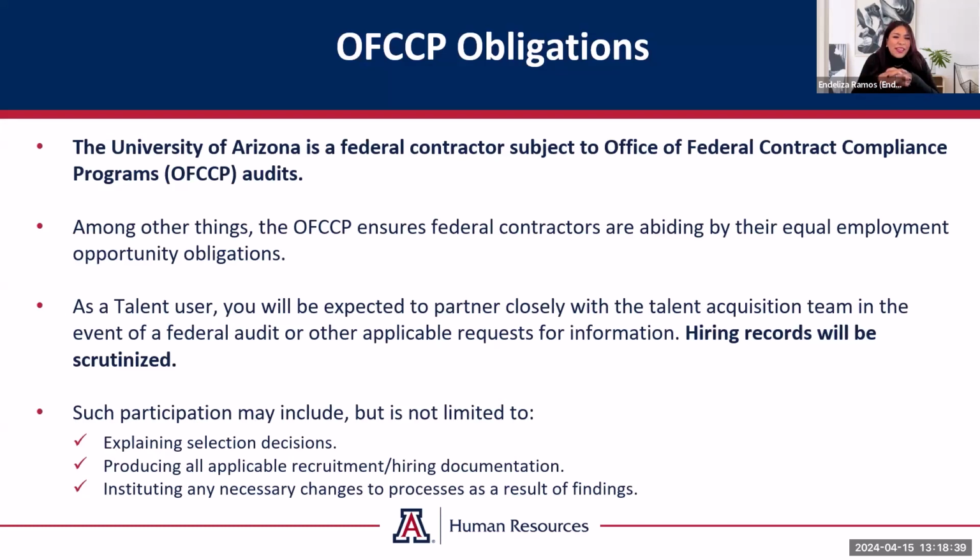which is why the recruitment guidelines that came out about, I want to say 2 or 3 years ago, really were part of a result of this audit, where we were like, okay, we need to come up with some consistent practices across campus. We also need to come up with some better ways to track information, which is why we created more disposition codes in Talent at the time. So a lot of what we do when it comes to the processes in Talent aren't only equal employment opportunity driven, but sometimes even driven by just what this federal agency is giving us in terms of feedback.